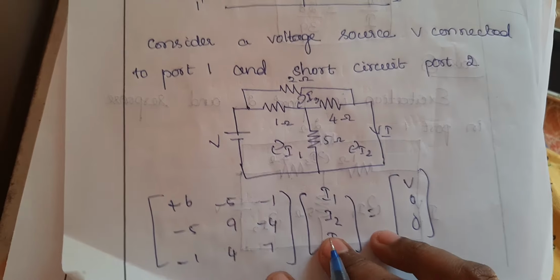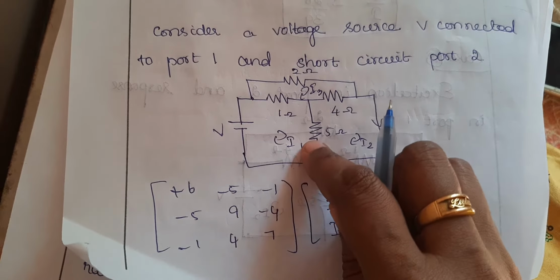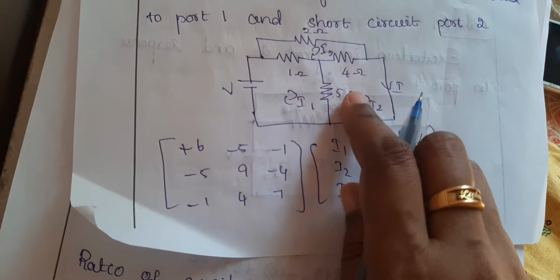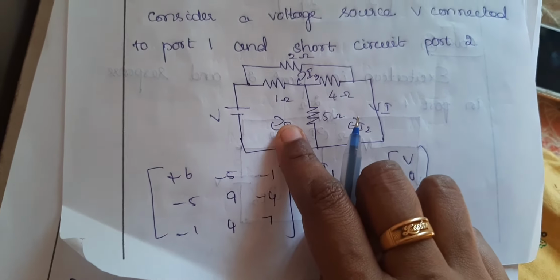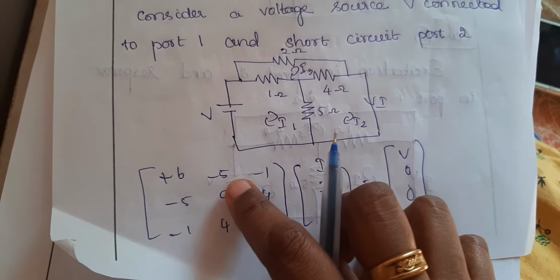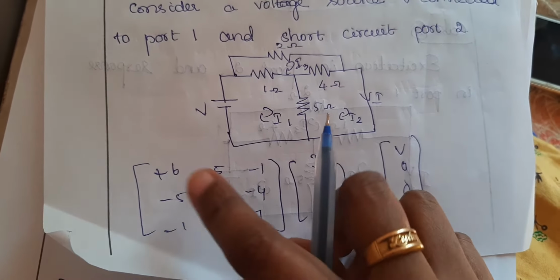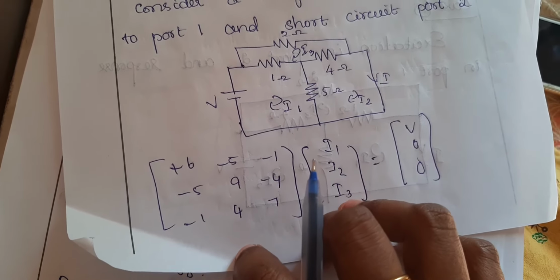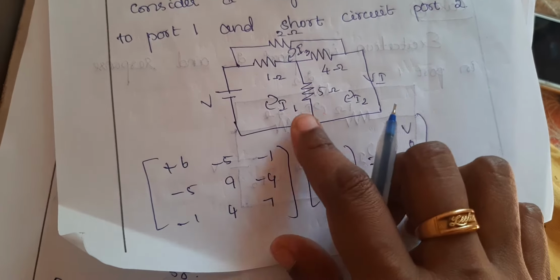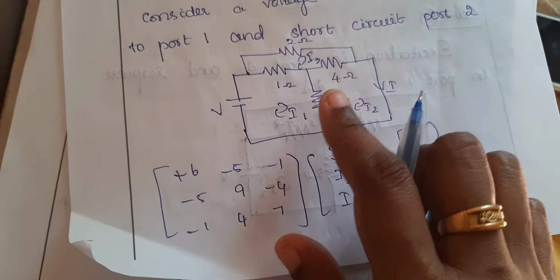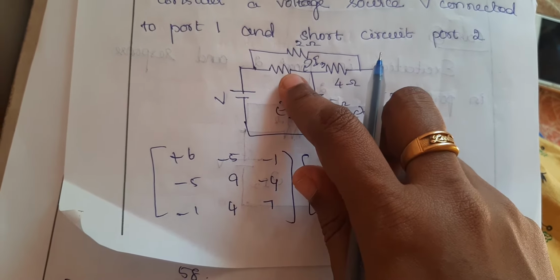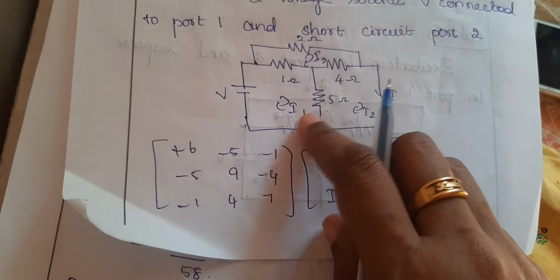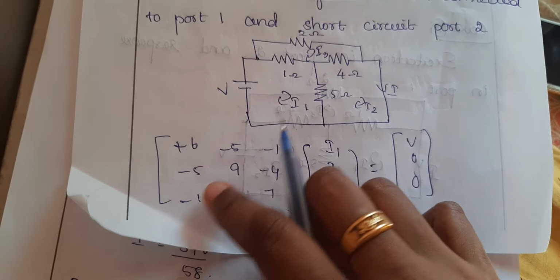So first write the mesh matrix equation. The first loop, what are the resistors? 5 ohm and 1. So R11 is 6 ohm resistor. Next R12 is the resistor which is common to first loop and second loop, that is 5. So here except these diagonal elements R11, R22, R33, all other elements have the negative sign. So here minus 5 for R12, then R13. What is the common element? 1. Okay, so here also minus. Next R21, second loop and first loop, the common element is 5. Okay, so here also minus 5.